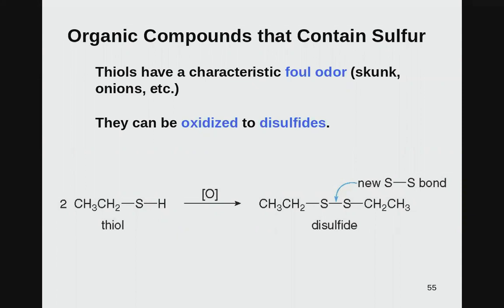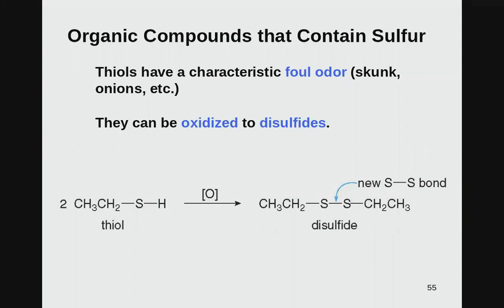So typically think of skunk. The big one is rotting eggs. When you smell rotting eggs, it's usually a foul odor that's associated with thiols. But we also see onions have thiols in them. The smell of skunks. There was a skunk dead on my road this morning, and it stunk to high heaven,